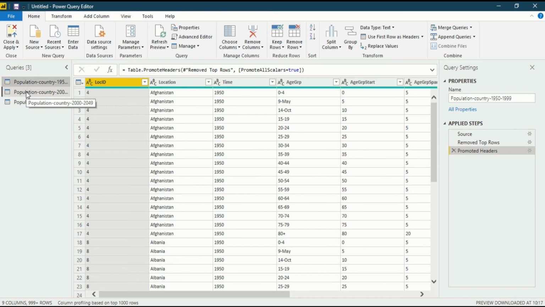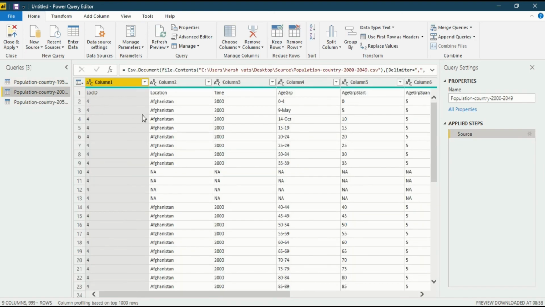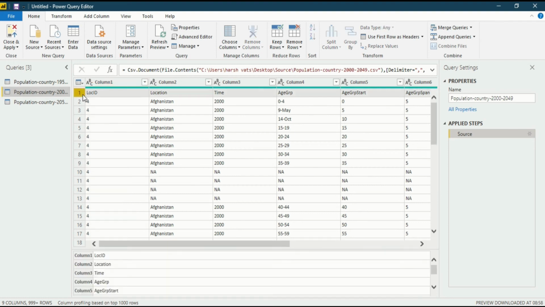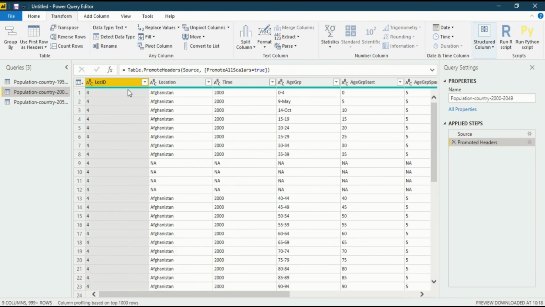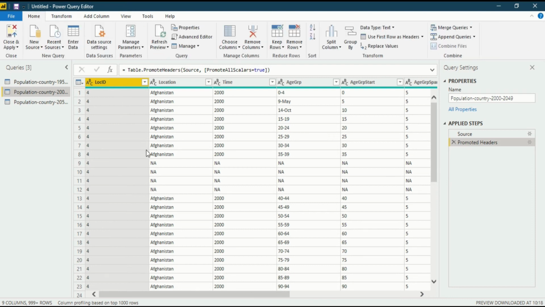Let us go to the second file and see what editing of rows is required in it. In the second file, the first thing we will see is that we have to make the first row a header. That is quite easy. Earlier we did it from the Home ribbon, now we'll do it from the Transform ribbon, so you will understand both ways. Just click on the first row. After that, go into Transform and click on Use First Row as Headers. After that, you will see your row names converted into column names. Then get back to the Home tab. Now the question arises, what are the different things that we have to do now?